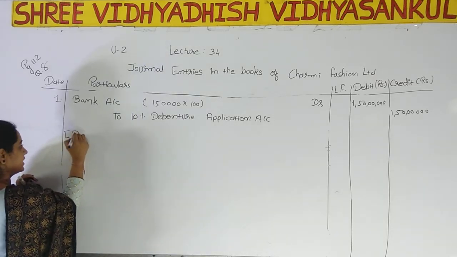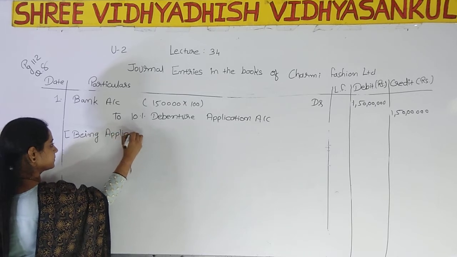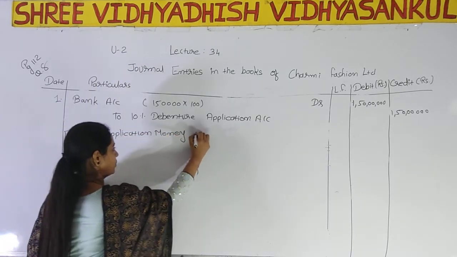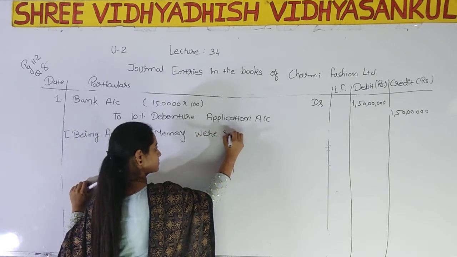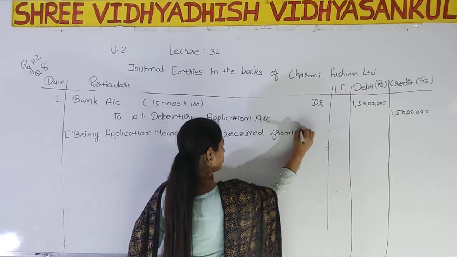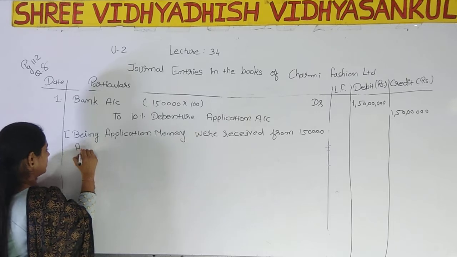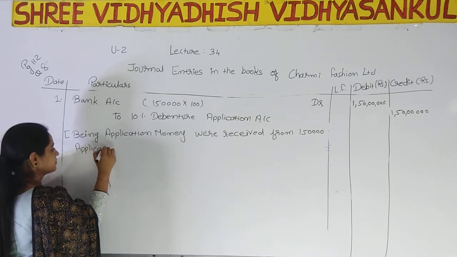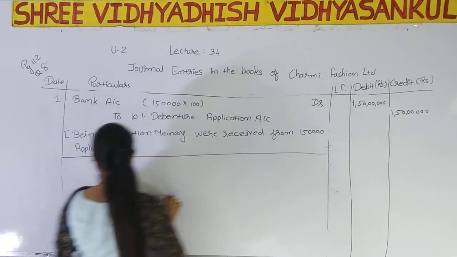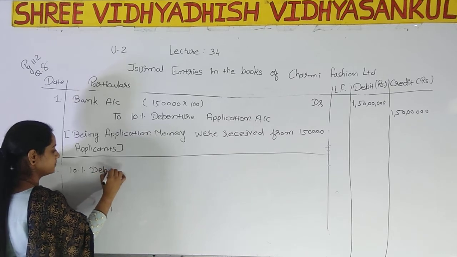Into bracket, bill: application money were received from 1,50,000 applicants. Bracket over, underline. Now the second entry will be for transferring. The transferring entry will be